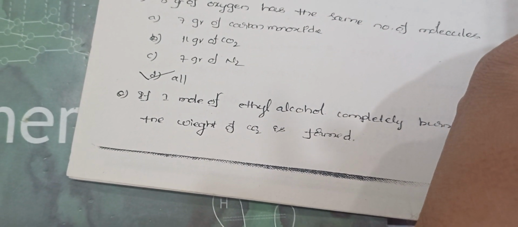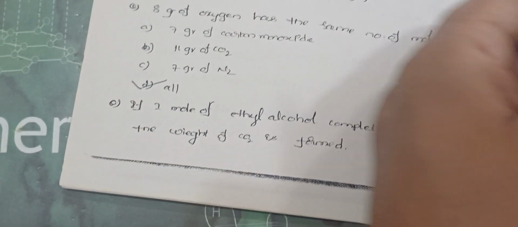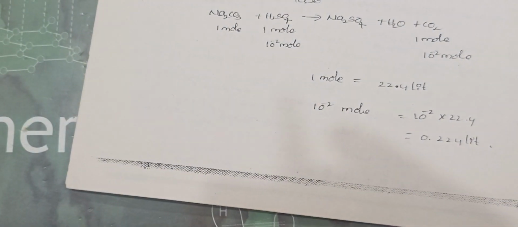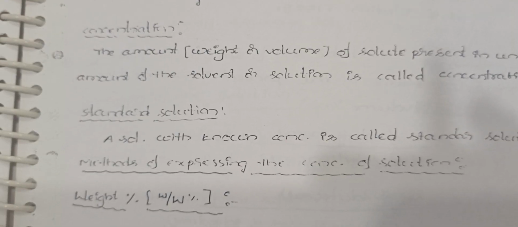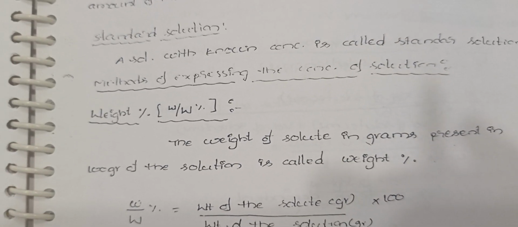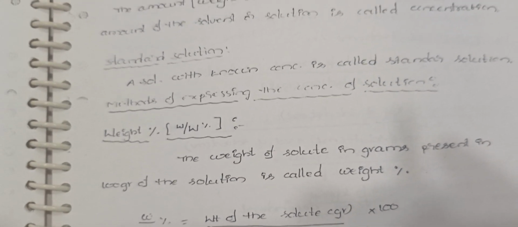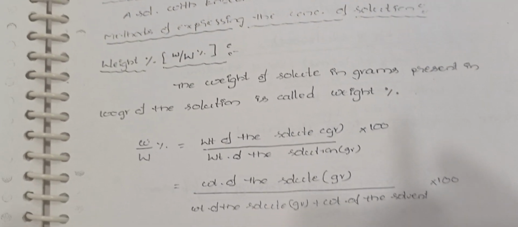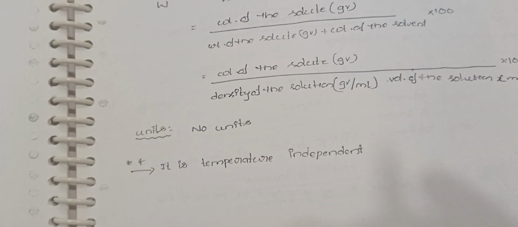Now here comes another important topic from some basic concepts in chemistry. Here comes this part, solutions. So here they have given expressing concentration by different methods. Now here we can express weight percentage. The percentage method can be weight by weight percentage, or weight by volume percentage, or volume by volume